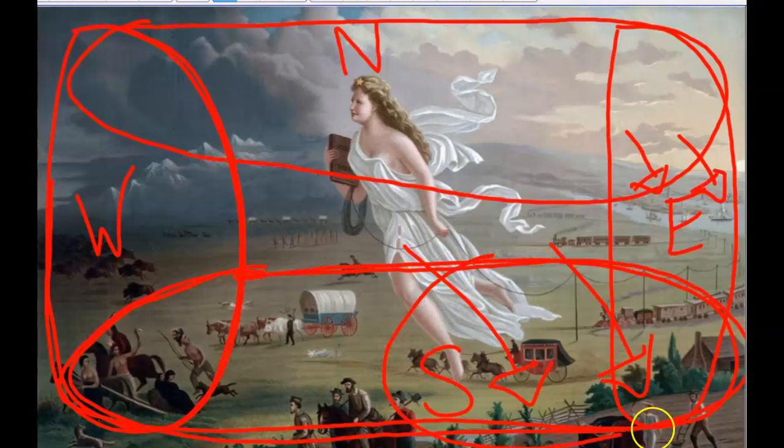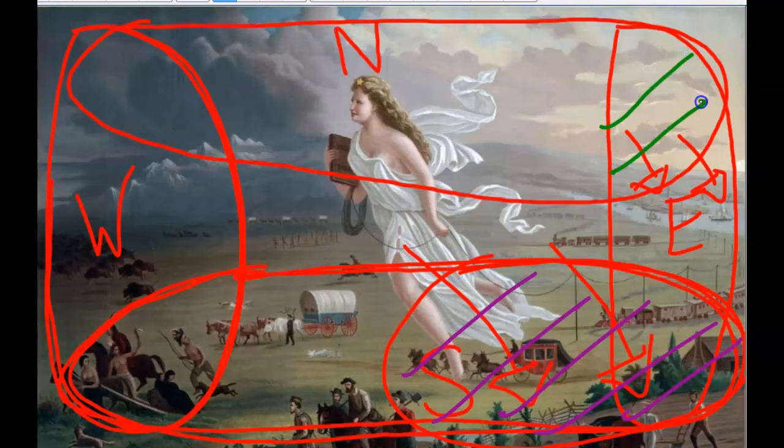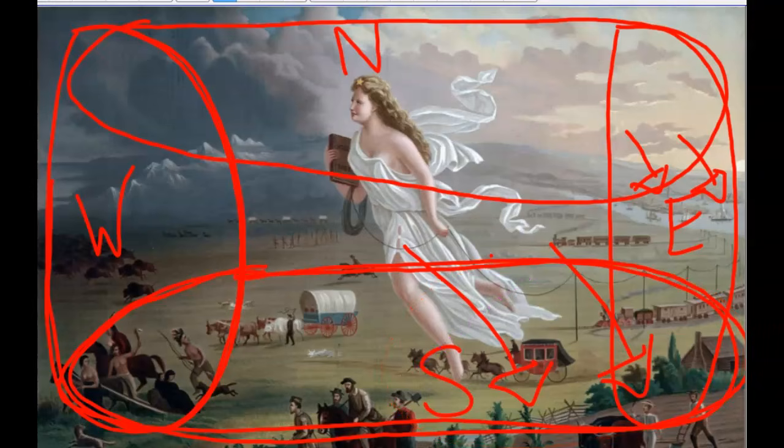So if this is the southeast, or also really the south, and I'm going to make this purple, you see that farming agricultural lifestyle, right? Farming and agriculture. And if you're looking up here in the northeast where I had this as green, you'll see a very urban city lifestyle. And those are different things to focus on that the painting is accurately depicting for how things were different in different parts of the country in the 1800s.